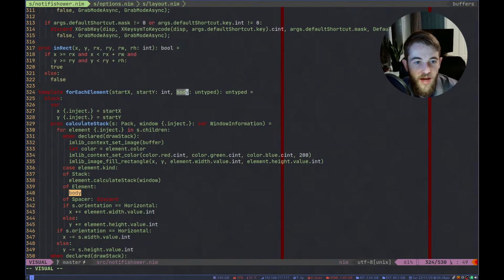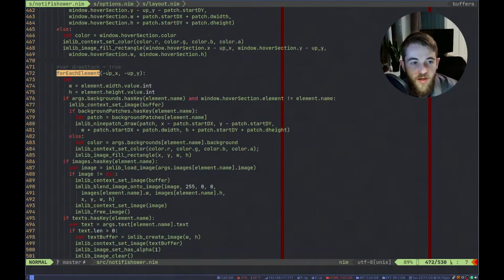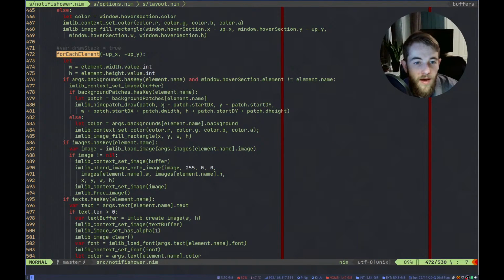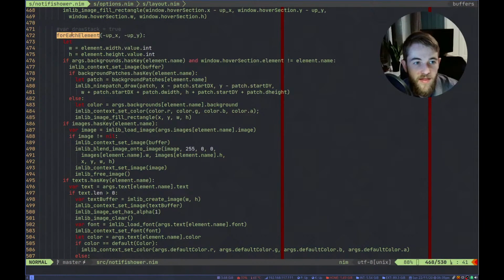So if we look at where I was calling this, I call it with the start and stop, and I'm using X and Y here, which I haven't defined anywhere down here. They're defined by this loop.